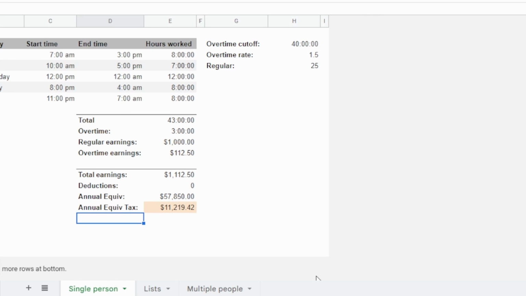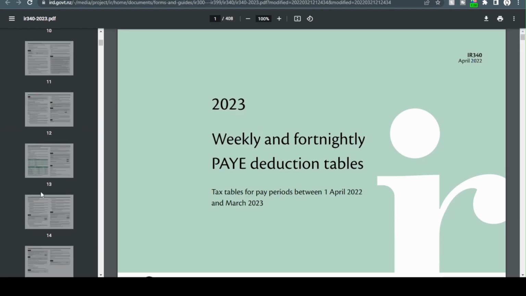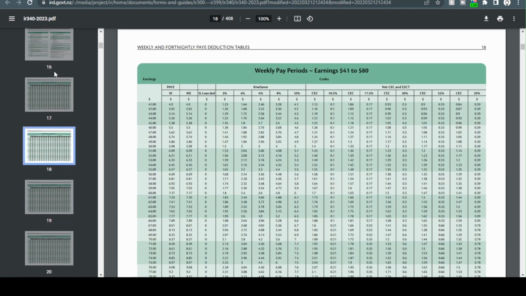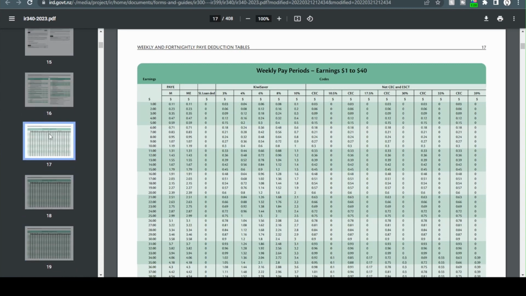We want to know what it is weekly, so our weekly tax would just be this number divided by 52, and we get $215.76. Now the cool thing that the Inland Revenue have done is they have given us the tax rates for each income level. So if we bring that up, there it is there, we can see down here we have a lot of tables. These tables here give us all of the weekly pays from $1 up to